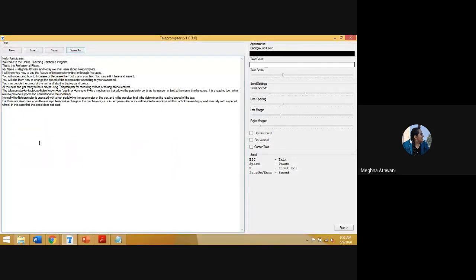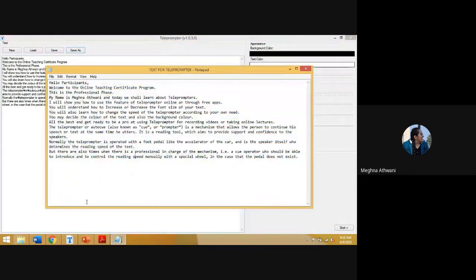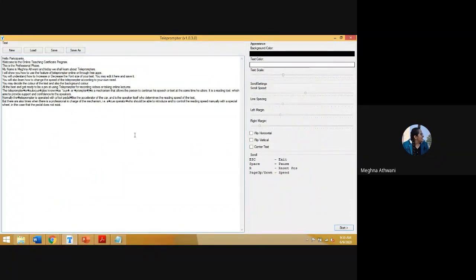There is one drawback of this app also. You cannot press the enter key. So you would ask me, Meghna, how did you go to the next line? I did not write it here. I wrote it in my TXT document. Here I can press enter. I can write anything I want, I can press enter any number of times, but that is not possible in the case of MirrorScript teleprompter.